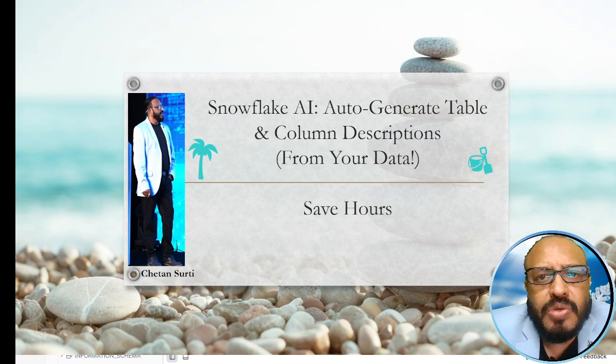In this post, you will build a simple, reproducible workflow that uses the data itself to generate concise, meaningful documentation directly inside Snowflake with the Cortex Complete function. You will end with a stored procedure you can run on one table, an entire schema, and/or log results